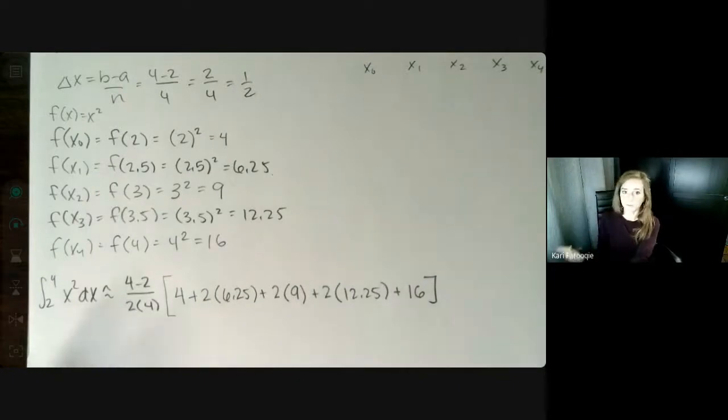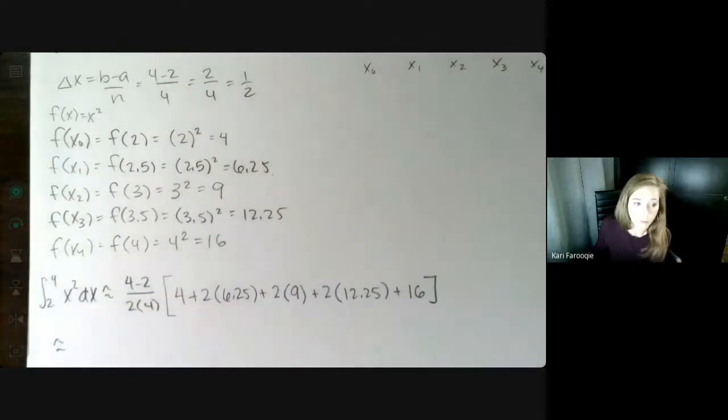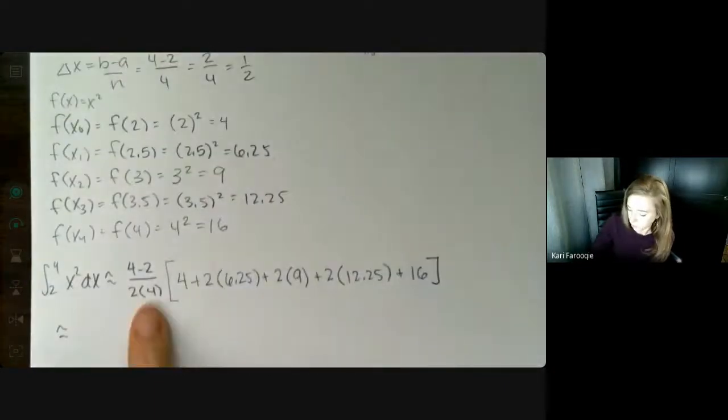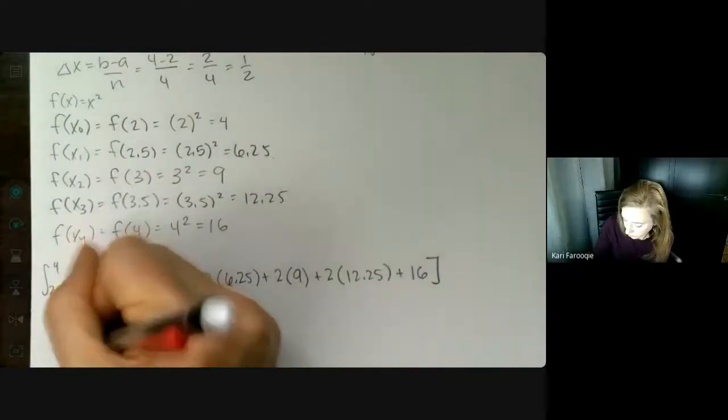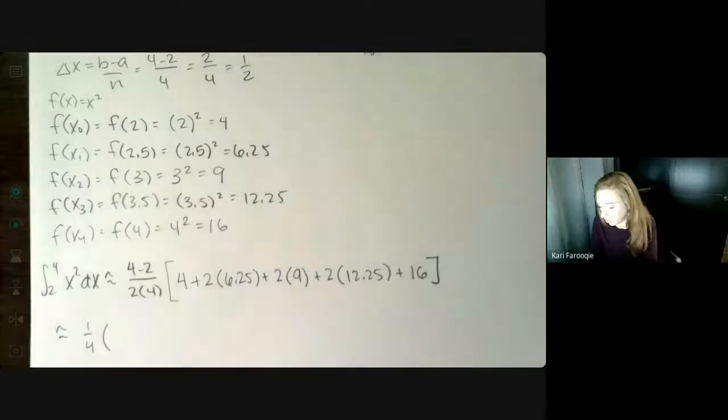But on Achieve, you'll keep getting the wrong answer and you'll be like, why? What's happening? And it really turns out that your formula was right. You were just not entering it into your calculator appropriately. So be careful with that. 4 minus 2 is 2 divided by 8. 2 over 8 is 1/4. And then, it's kind of up to you how you want to find the rest of this, but